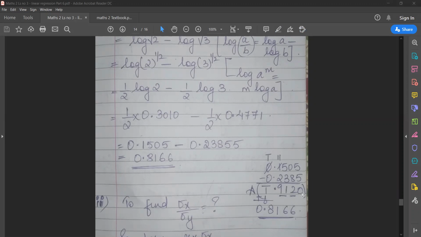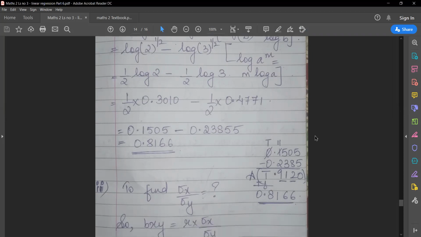Then you will turn your page to the heading anti-logarithms. Can you see the letter A over here? So you will see 0.91 under 2. So you get the answer 8166. And in the start, we subtracted the 1, remember, for characteristic. You will add back that 1. So minus 1 plus 1 gives you a 0. So the answer is 0.8166. And finally, when you write, you have to put a negative sign because both the regression coefficients were negative.